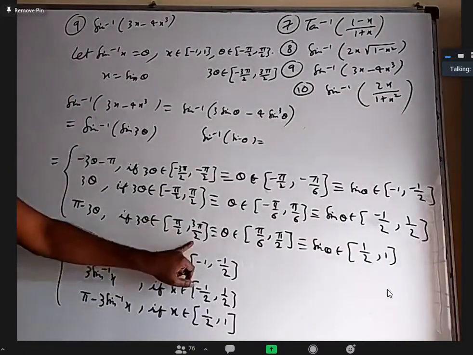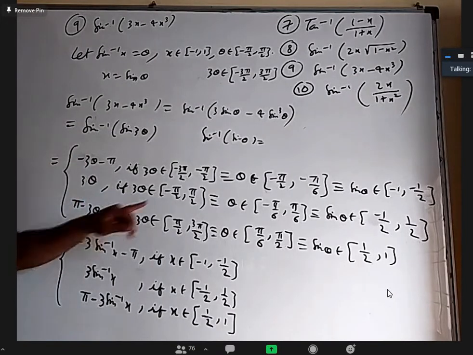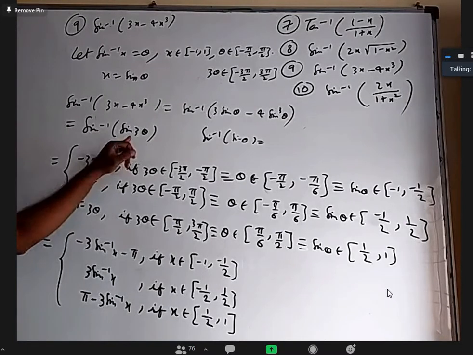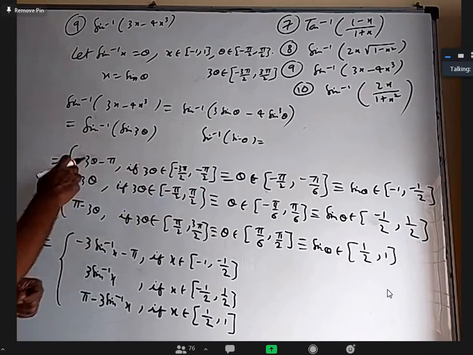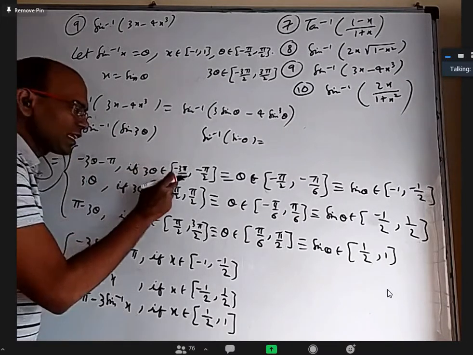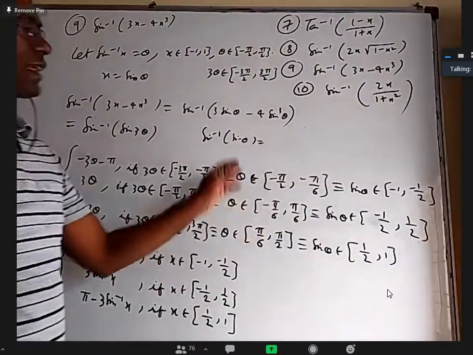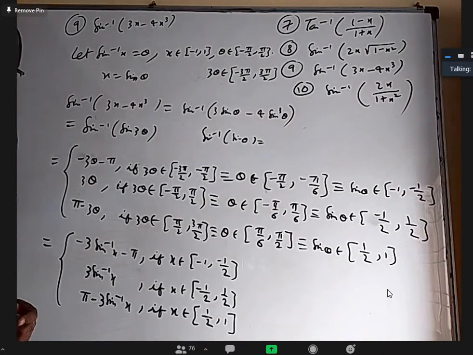Between 90 to 270, the formula for sin inverse sin x is pi minus x, where x becomes 3 theta. Between minus 90 to 90, which is the principal value, 3 theta directly cancels. When 3 theta is between minus 90 to minus 270, the sin inverse sin x formula is minus x minus pi, and that x is 3 theta. And if 3 theta is within this range, divide by 3 to find theta is between what and what, then apply that sin theta is between what and what. You can understand all of them. Is it okay now? Yes, sir. Understood.